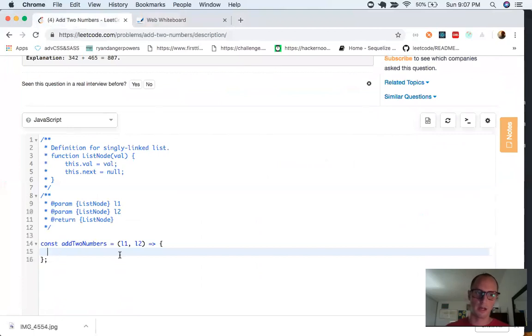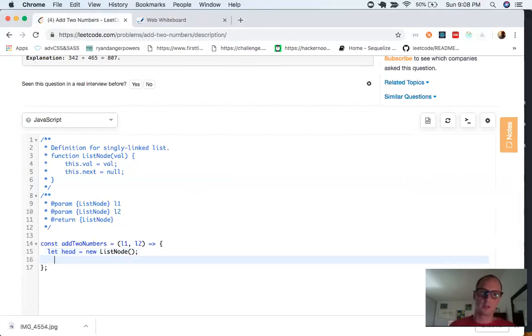All right, so add 2 numbers. The first thing we need to do is create a starting point. So we'll just initialize a head. We'll say let head equal new list node. So we'll initialize a new list node as head, and then we need to create a